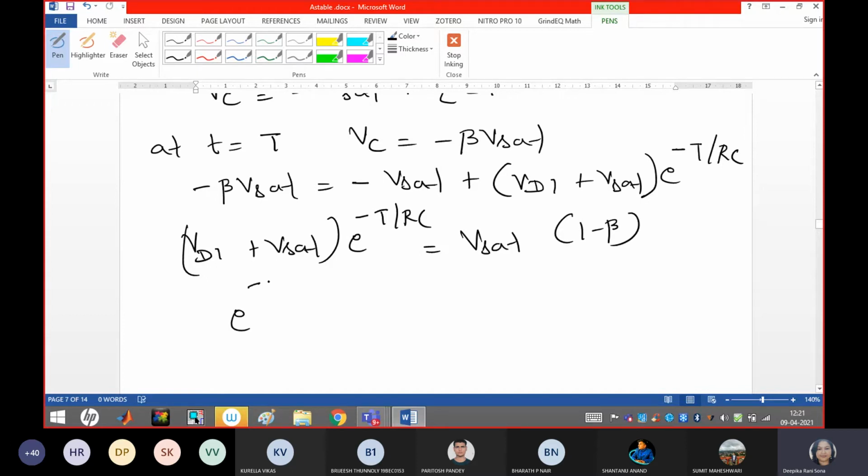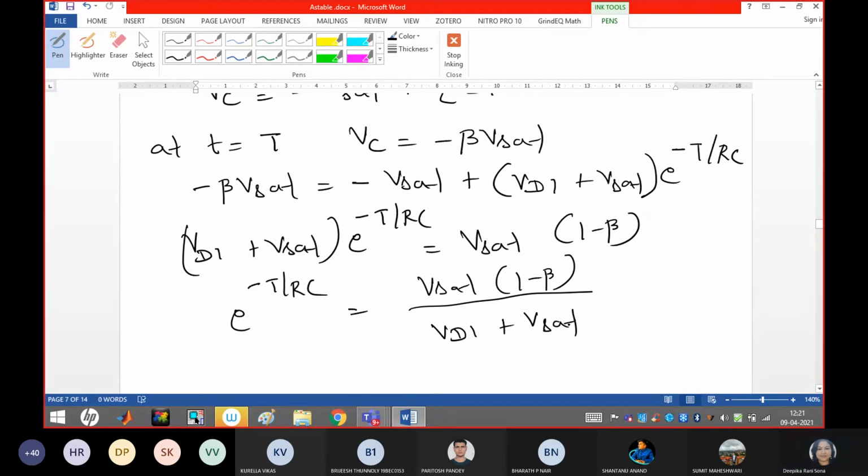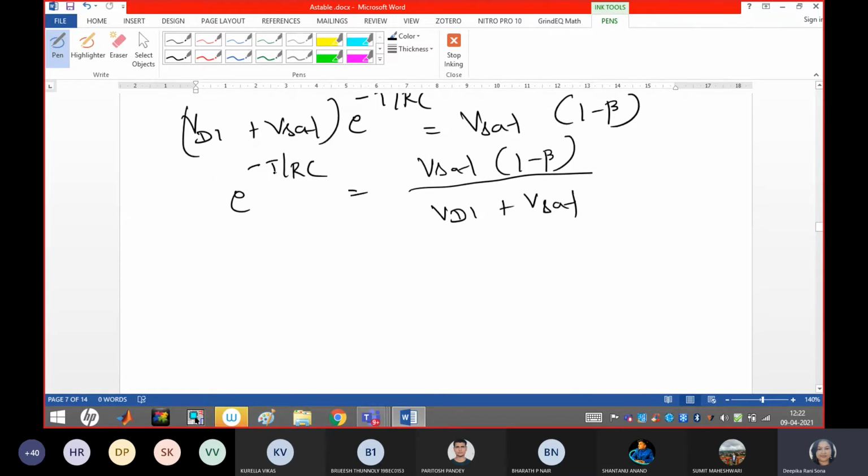Then what is the value of e to the power minus T by Rc? We can rewrite it as Vset into (1 minus beta) whole divided by (Vd1 plus Vset). So how am I getting this? If you divide the Vset value in the numerator and denominator also, you can solve the equation. Finally I need my T value here, right? So the T value, as we solved for the astable, the same concept: apply ln to both sides. So I may get T can be written as Rc ln